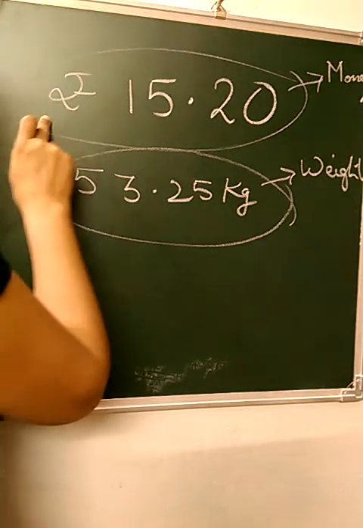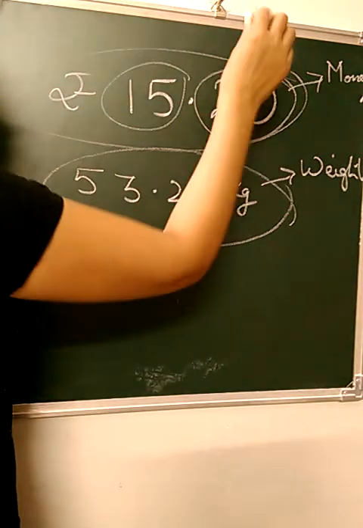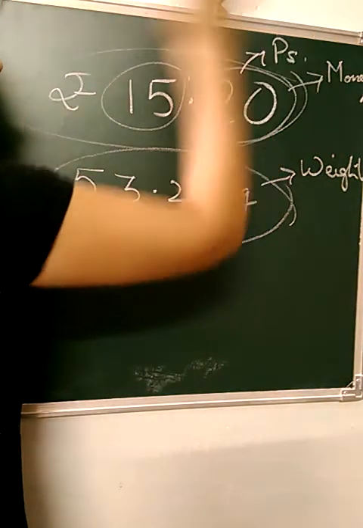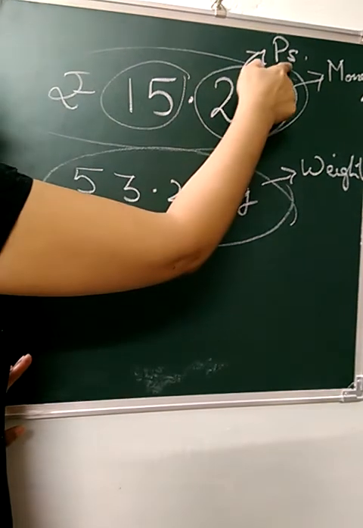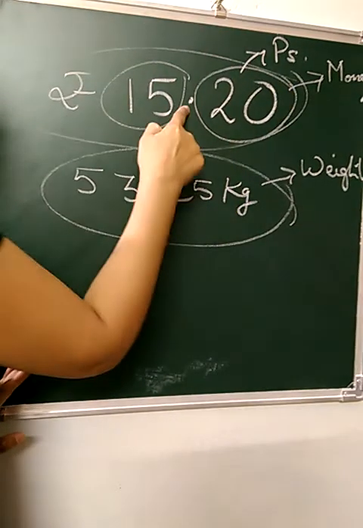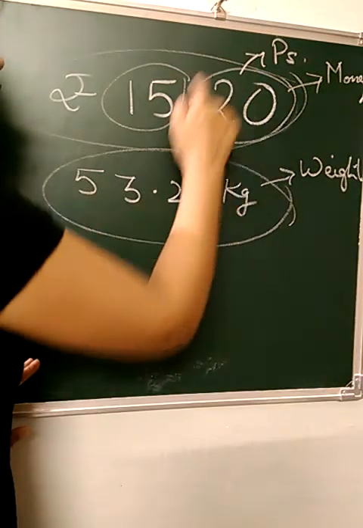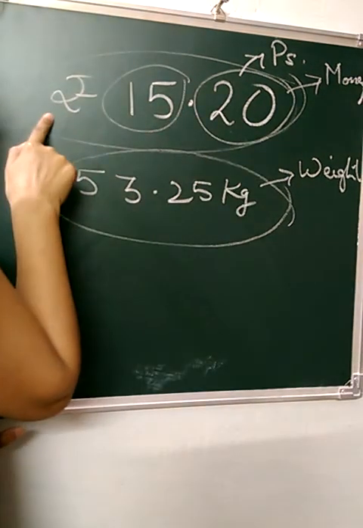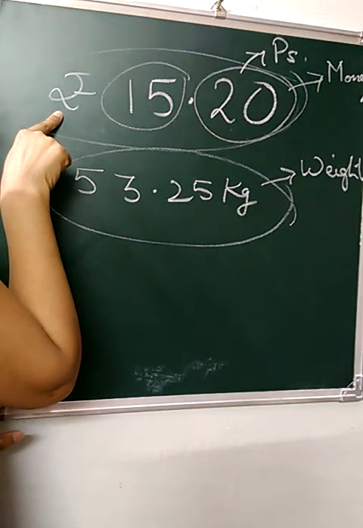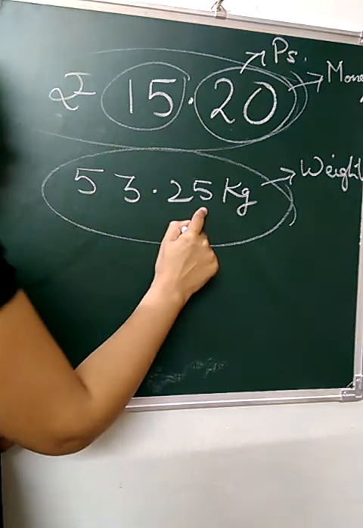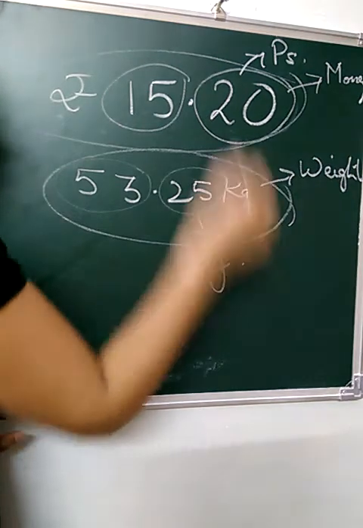Now in money, this is 1 unit, that is rupees, and this is the second unit of money, that is paise. Okay, obviously rupees is greater than paise, so whenever we are showing a decimal, there are 2 units and the decimal value is exactly the smaller unit of the whole number, that is the next value after the bigger value. Similarly, if you are talking about kg, that means 53 is kg and 25 is grams.